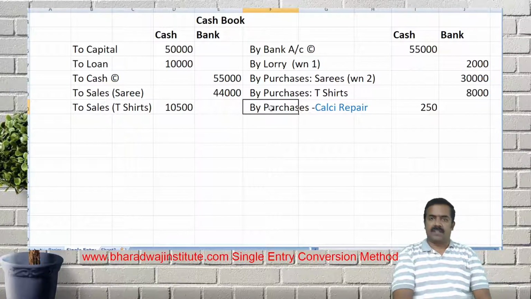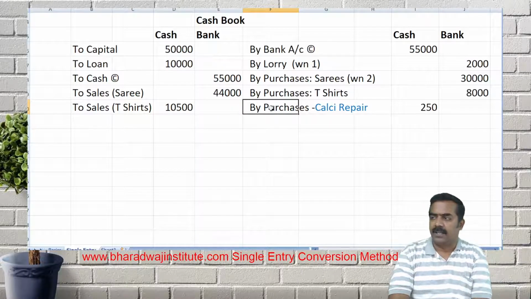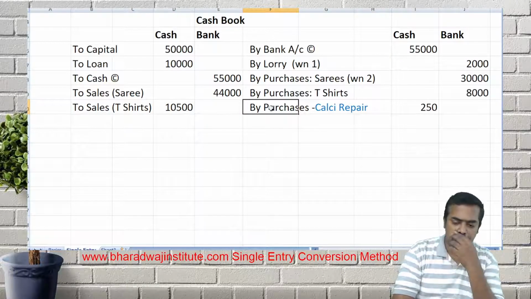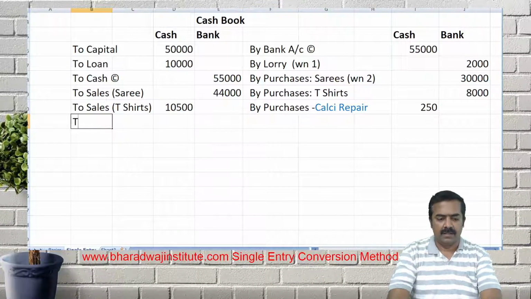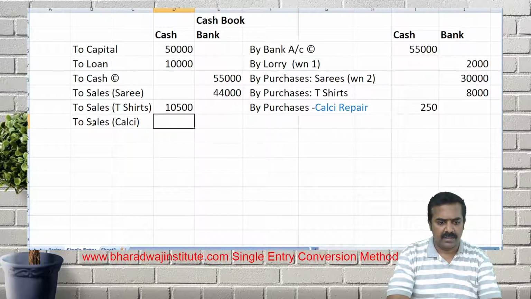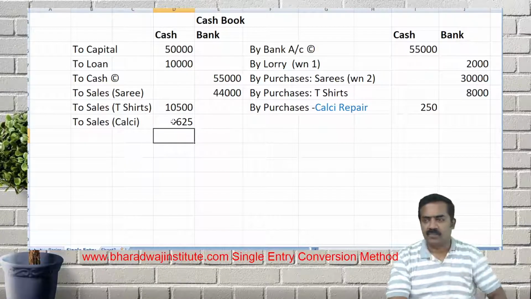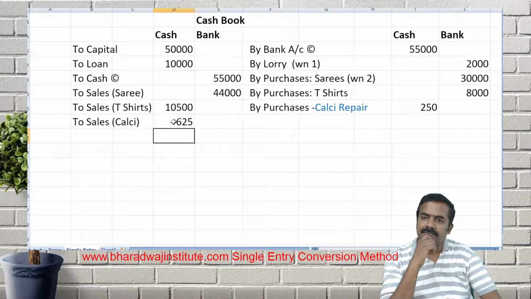It is part of purchase cost. And the 600 plus 250 we would have put. Repair expense of calculator is called, it's part of what? Cal C cost. Then to sales of Cal C, how much have we done? 850. Sale of Cal C, 625. 25 into 25, 625. Total cost. Then